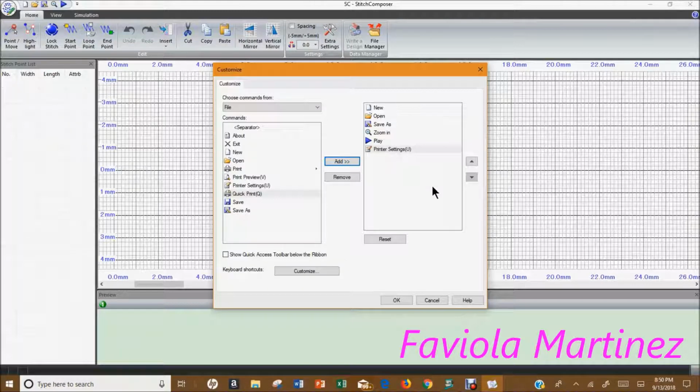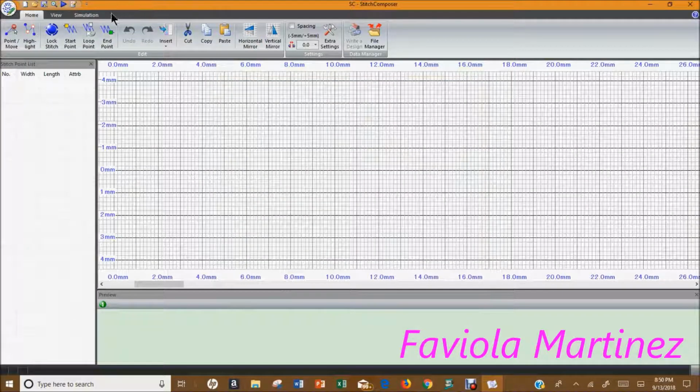And the next time, after I say OK, that printer settings is showing up now on my quick access toolbar. So along the same lines of continuing to look at some of the features of the Stitch Composer program and some of the helpful tools here,